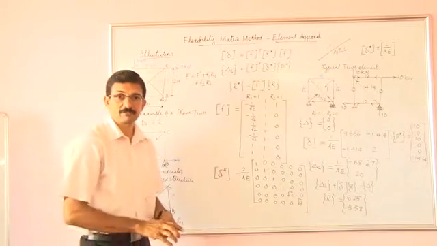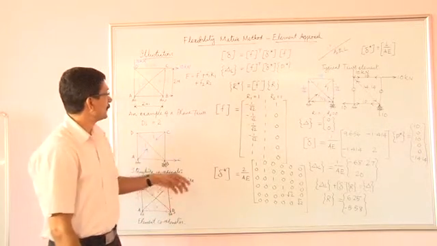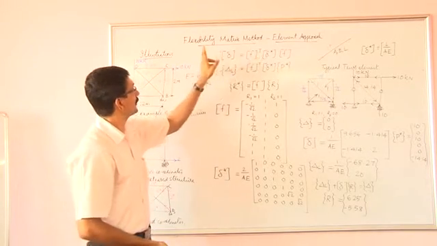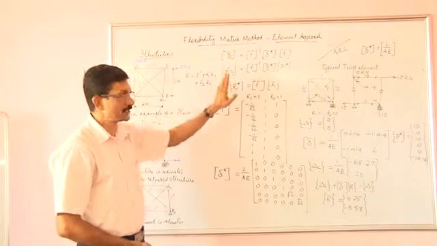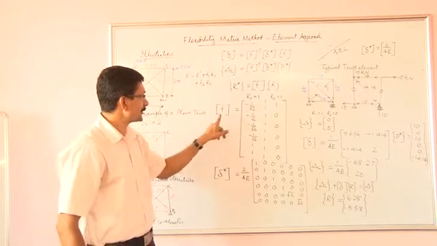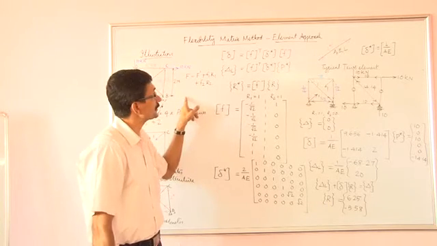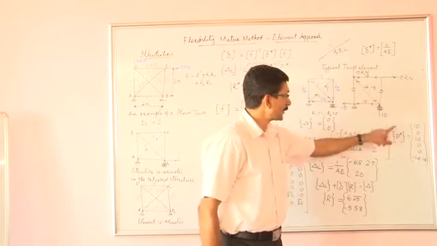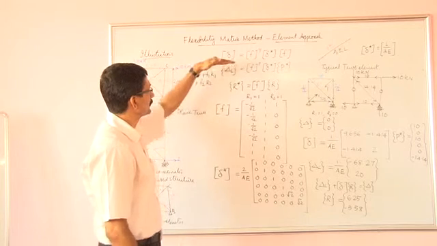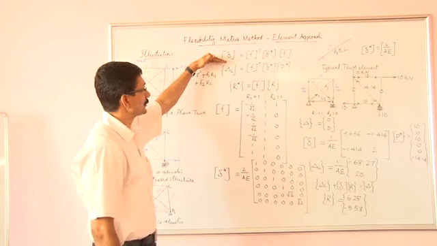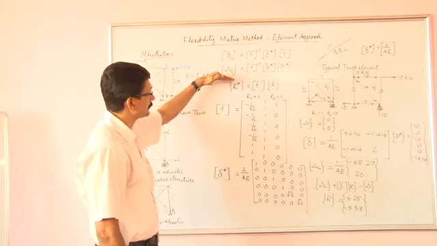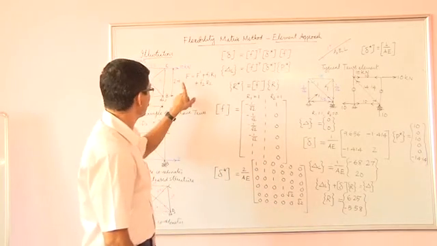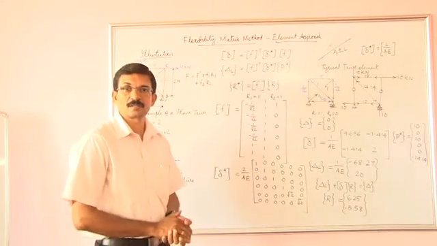So in this session we have discussed an example of a plane truss to be analyzed through element approach in the flexibility matrix method. We have seen how to formulate the force transformation matrix in case of a plane truss structure, and how to find out the P star vector in the case of a plane truss, and finally to construct the delta structure flexibility matrix, delta L vector, and finally solution for unknown forces and calculation of the forces in the members. That is the end of this session.